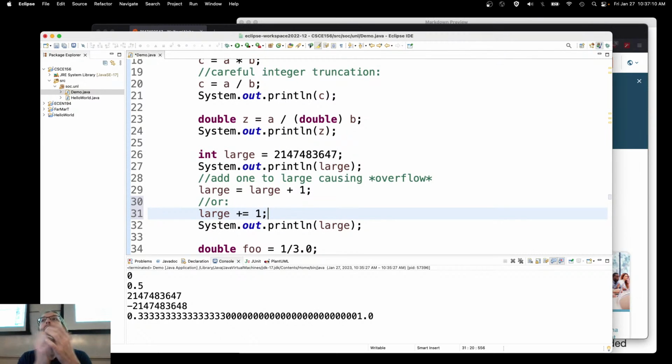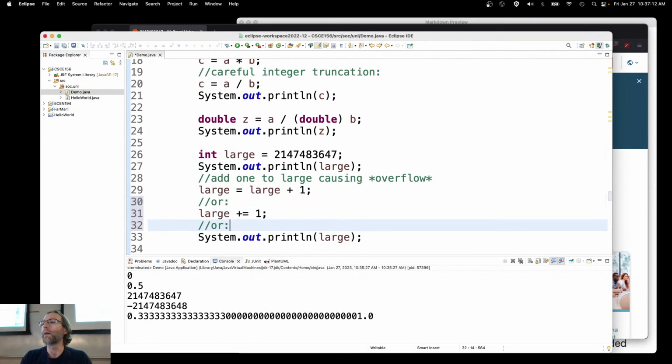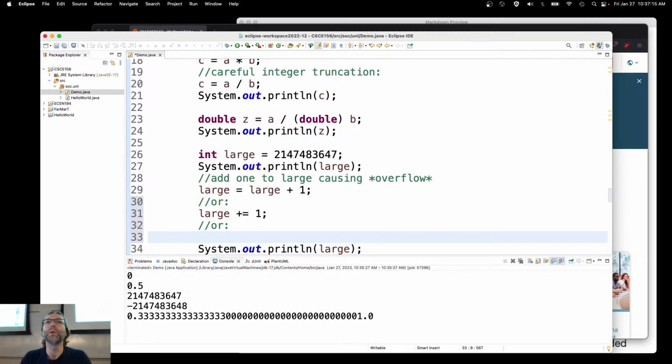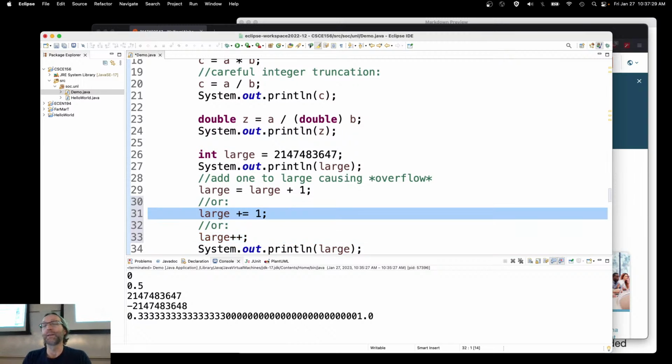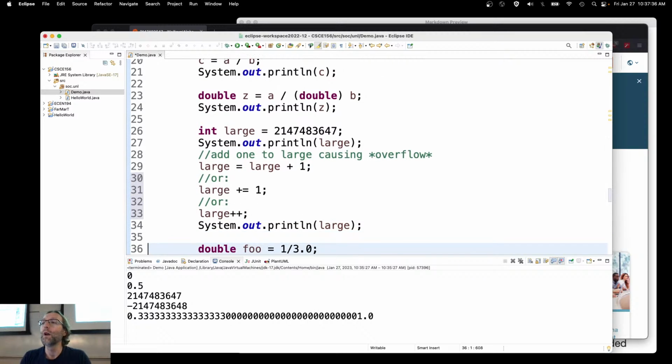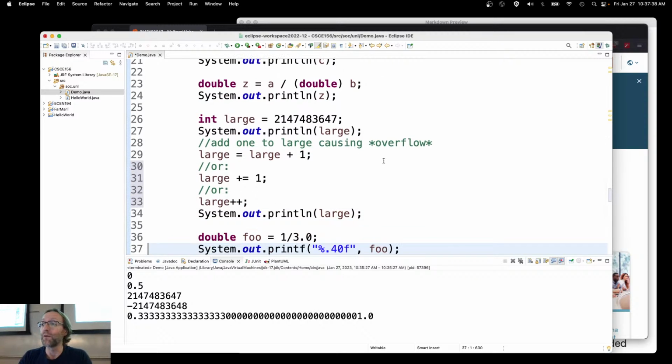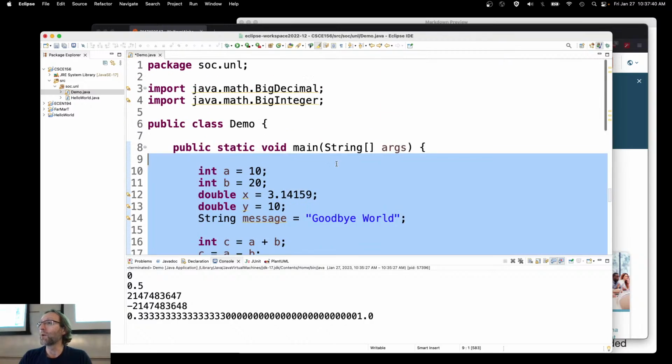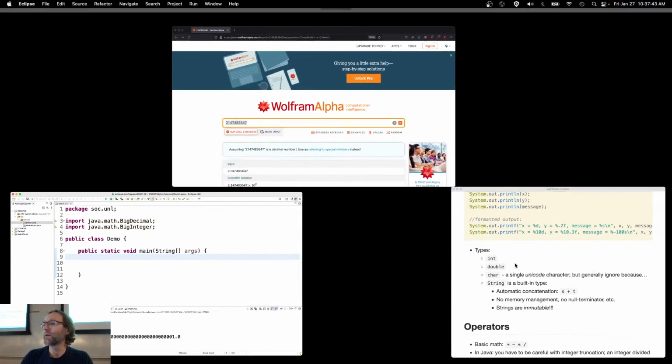Python supports this. C supports this. What's another way, if you just want to add 1 to it? Large plus plus, right? C supports that. Most programming languages support that. Python doesn't, right? Why? Don't ask me. It supports the compound assignment operator, but does it support the increment operator? No. So that is something new that you should get used to if you're coming from a Python background. I'm going to go ahead and copy all of this into the notes,